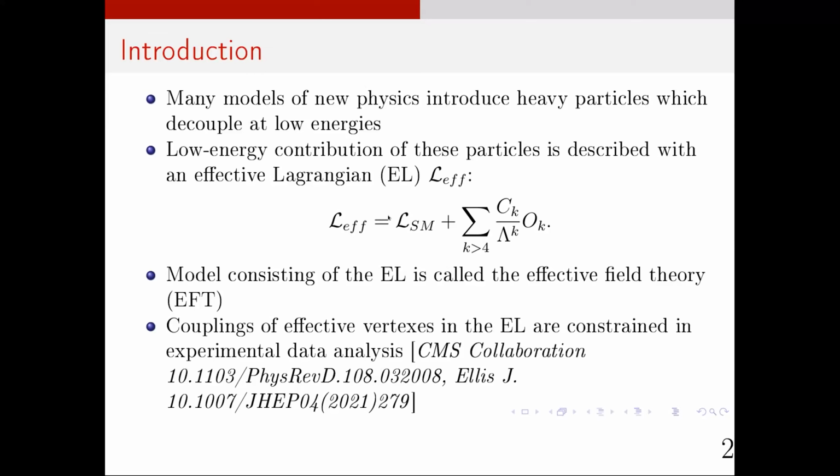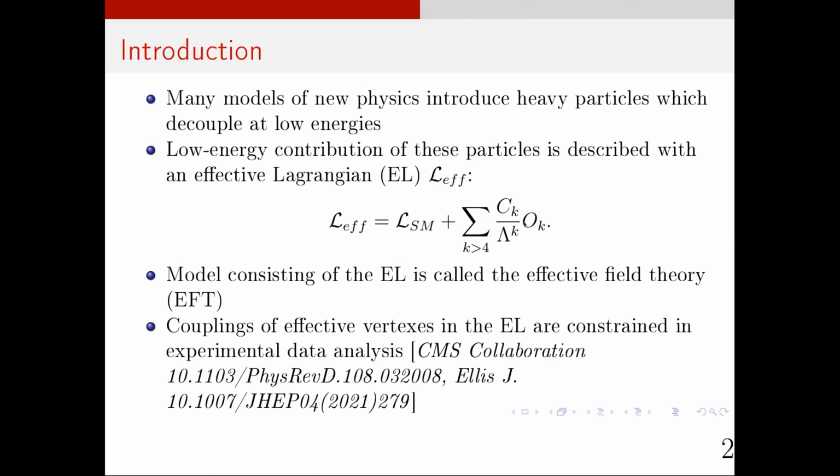It consists of two parts. The first part is the usual standard model Lagrangian. And the second part is a series of higher dimensional operators, which consist of the standard model fields. Here, these operators are denoted as O with subscript k, and contributions of these operators are proportional to the coefficients. Here, you can see the coupling C_k, which is also called the Wilson coefficient, and